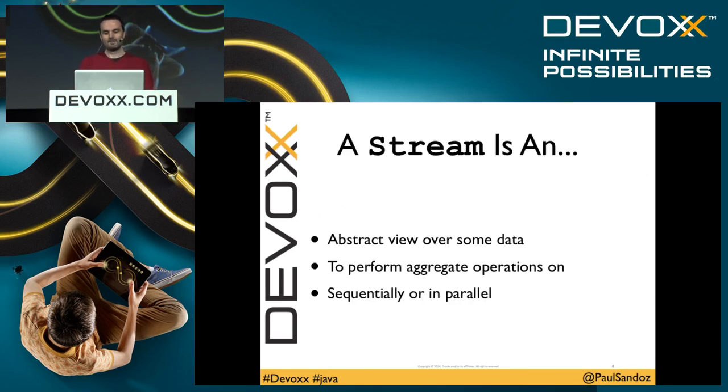So what is a stream? It's really just an abstract view over some data, to perform some operations on sequentially or in parallel. That's it. Jose has a nice 7-point bullet which goes into more detail on that, but you can think about it as building up a recipe of stuff you want to do to manipulate data, and then you say go, operate on that data, and it builds up this recipe lazily, then works it all out and can calculate that sequentially or in parallel.